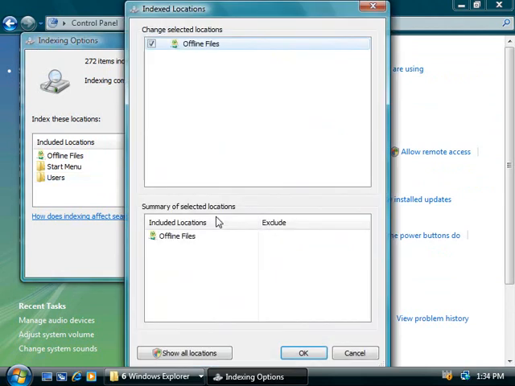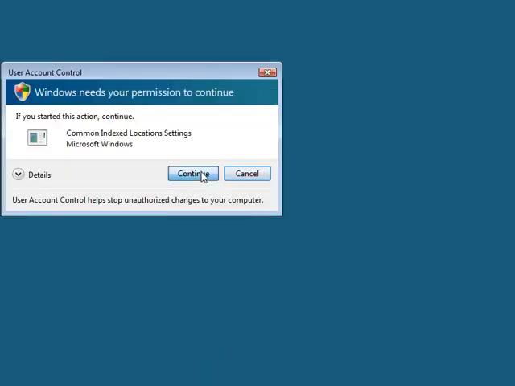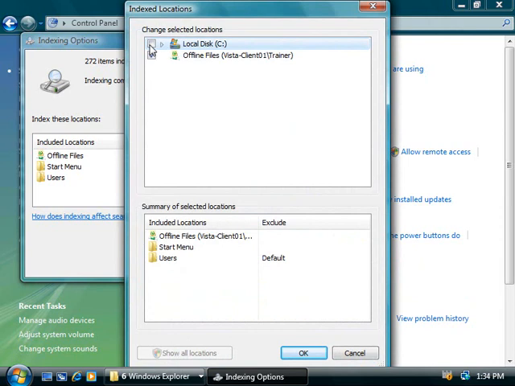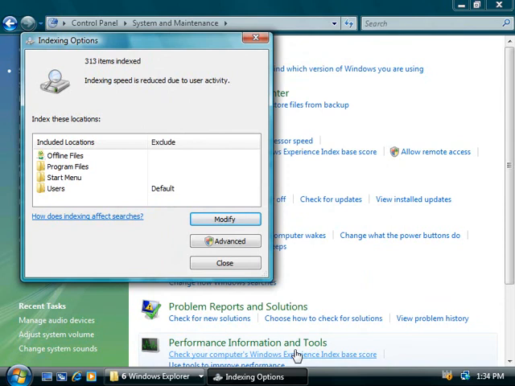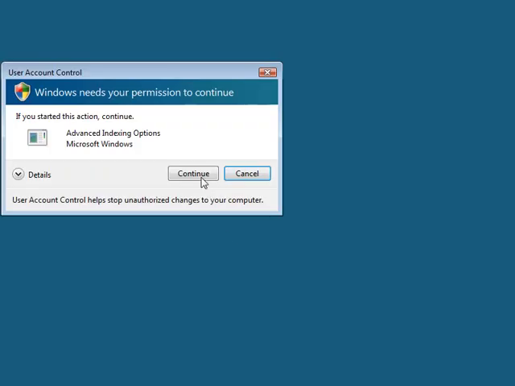the Modify button, then we'll choose to show all locations, and we'll need to click Continue on our user account control message. Now we could select our entire hard drive if we like, or we can expand the drive, and then choose whatever folders we'd like to include in our index. Now once you've made your choice here, simply click on OK, and these files and folders will begin being indexed immediately. Now don't worry, it doesn't take a lot of system resources to index things, so you probably won't even notice that it's happening. Now if we click on the Advanced button and we'll click Continue,